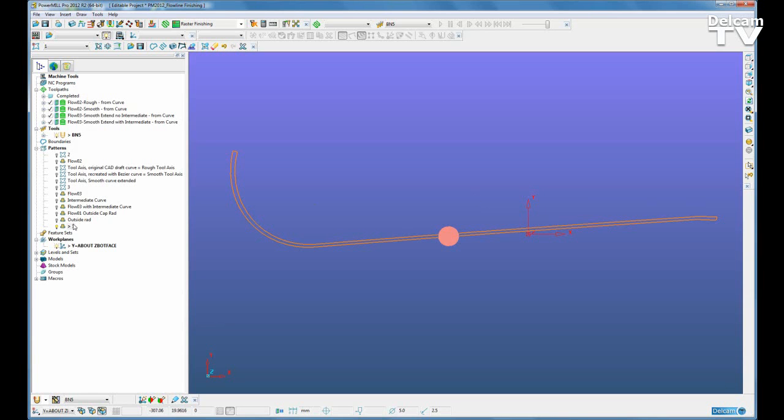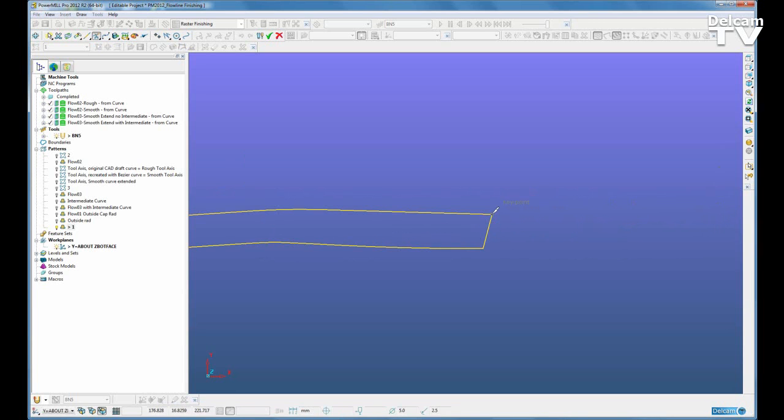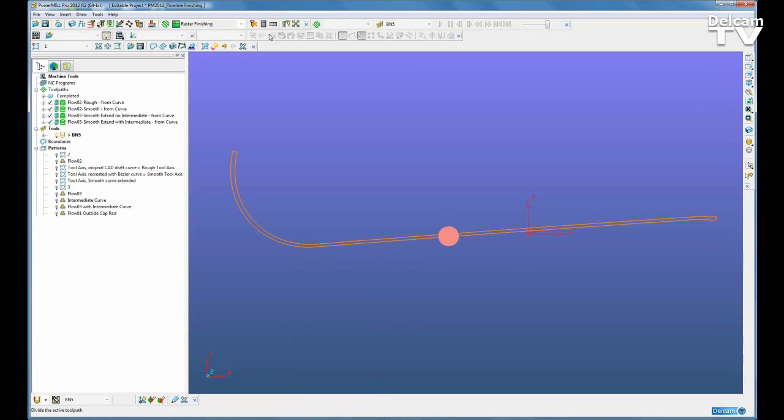I will now take this embedded pattern into the curve editor and cut it into 4 segments. It is important that the segments form an entirely closed region to be machined, and the user needs to consider that the drive curve shape controls the form of the toolpath passes. Therefore, curves that flow smoothly along their length without sharp changes in direction produce smoother toolpath passes. I'm happy with that, but I've noticed